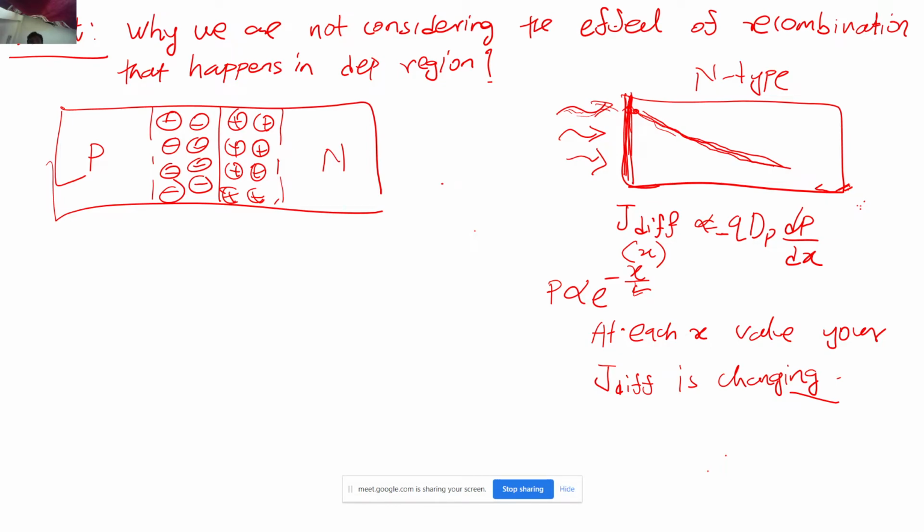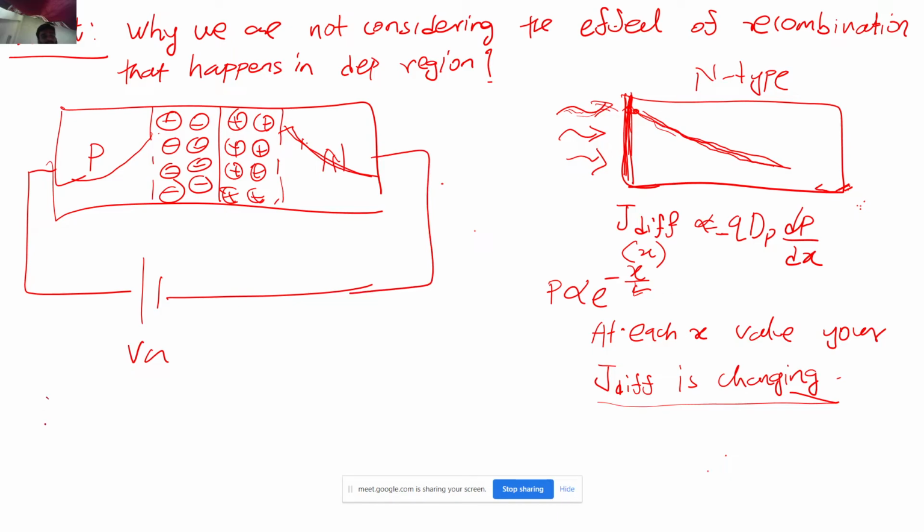Note that this even happens in the PN junction as well, right? As you move away from the depletion region, you have concentration gradients. You always say the diffusion current is the majority current that flows in the PN junction, right? Now this J diff itself is changing with the concentration gradient. At each and every point J diff is changing, and yet you say, apply just a constant bias, and you will have the current I equal to I naught times e to the power q VA by kT minus 1, right?